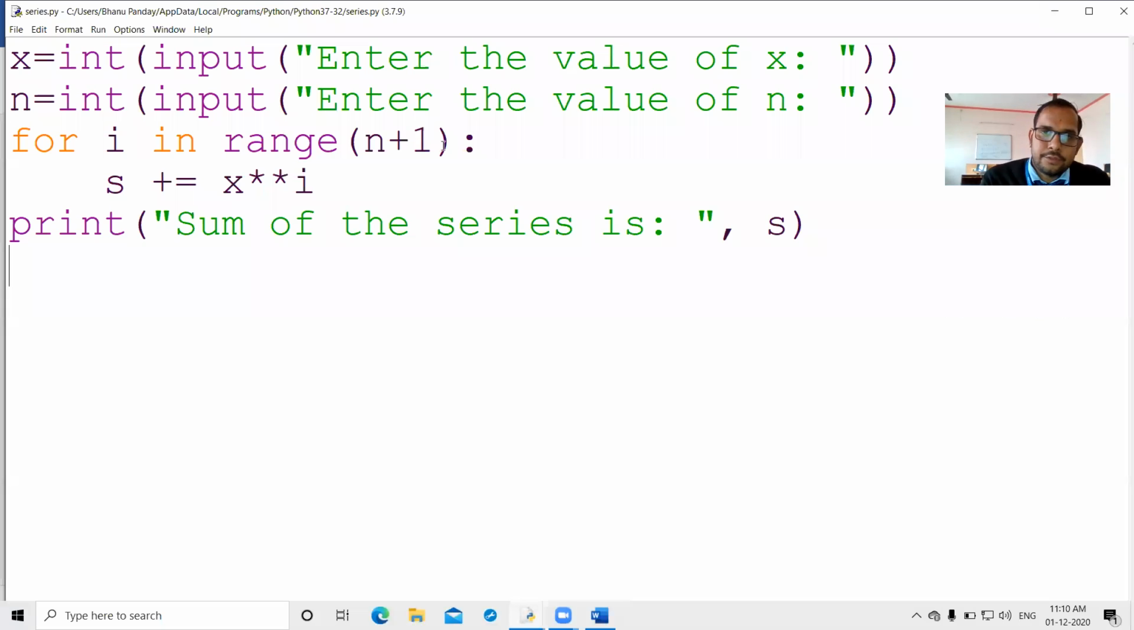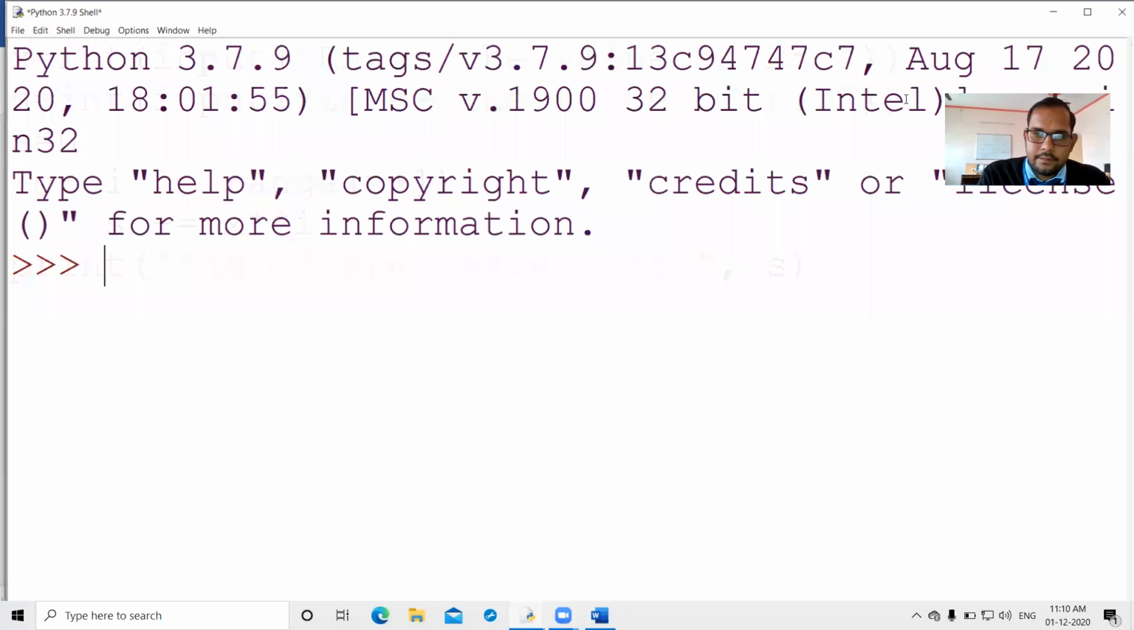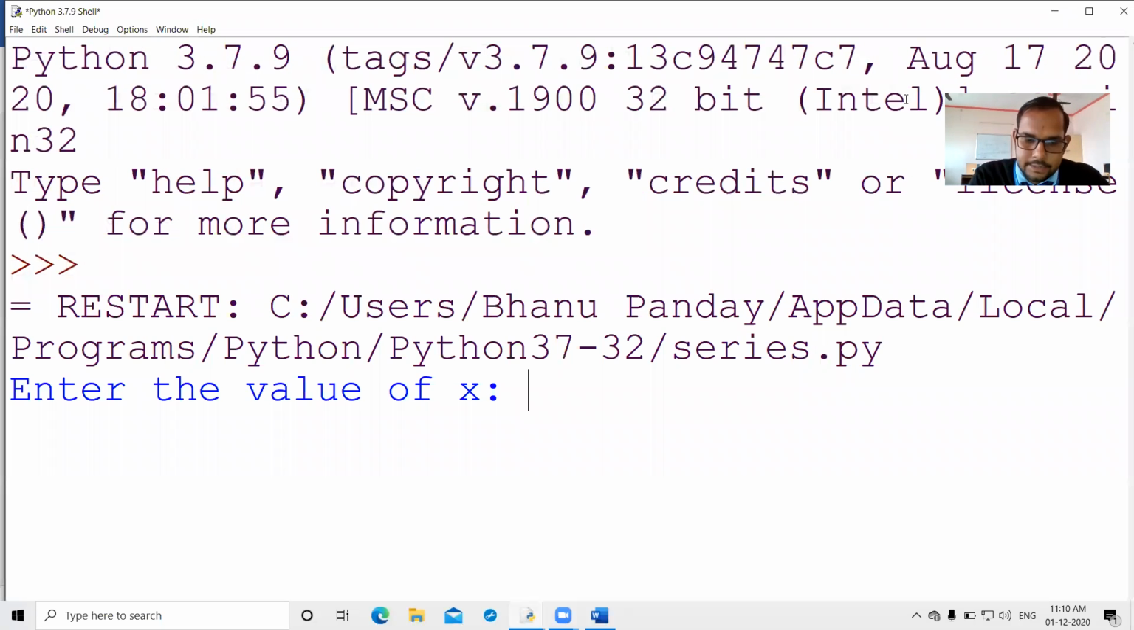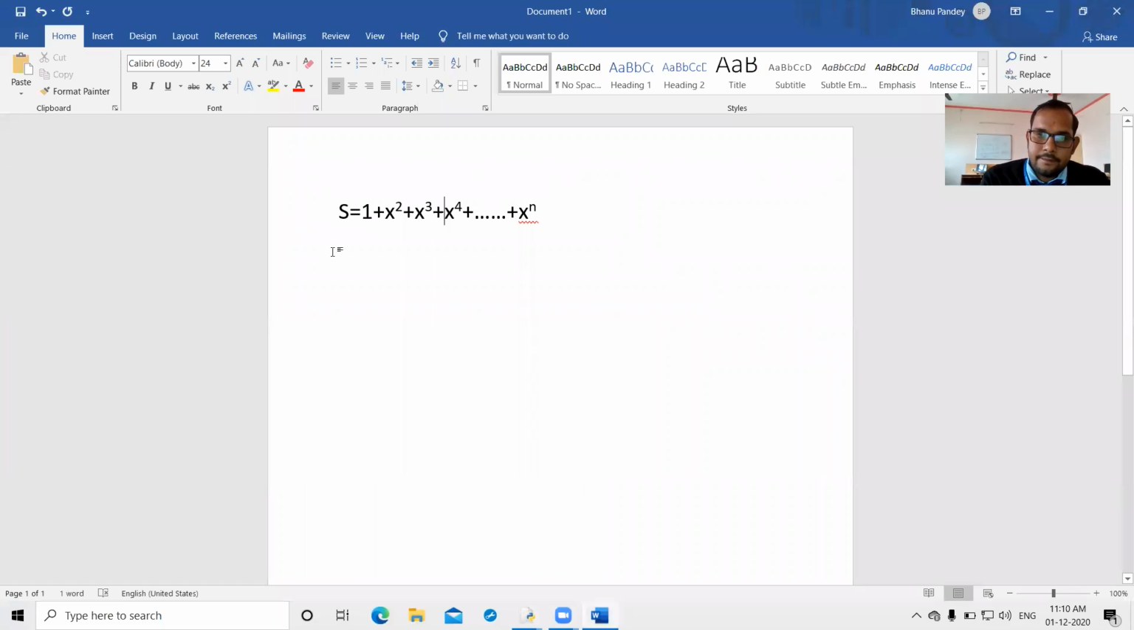So here we have to take s equals 0. This is the initial value. Now execute this code. Enter the value of x, that is 2, and then power 3, and see this: sum of the series is 15. Now look here. When x to the power 0, meaning 2 to the power 0, first time 2 to the power 0, because x to the power 0, what is the value of x to the power 0? That is 1. So 1